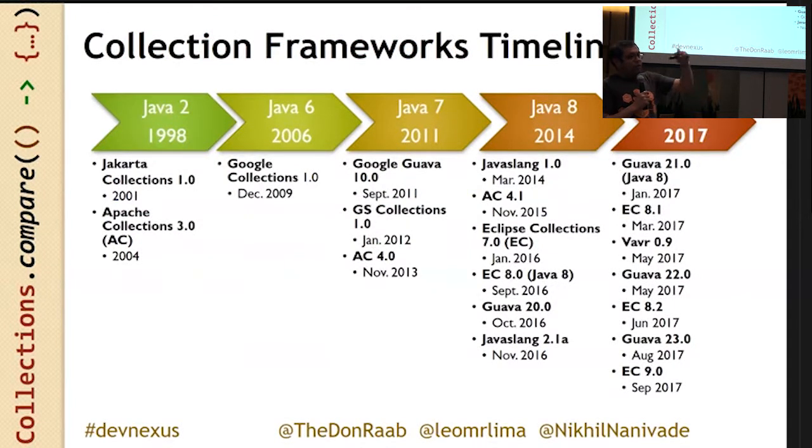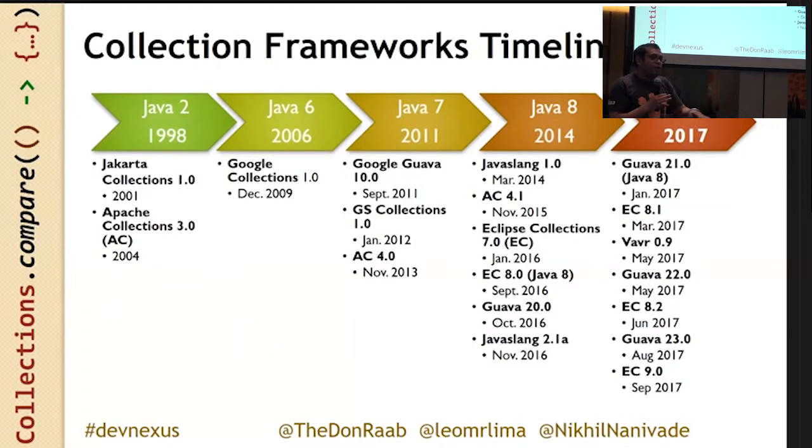So if we were to overlay the whole JDK's timeline on this collections timeline, then you can see in 98, you had Jakarta collections and Apache Commons collections. Java 6 got Google collections. That was the previous name of Guava. And then you had GS collections around 2012, because that time is when Goldman open sourced its internal collection framework for everyone to consume. And then with Java 8, you can see there's a lot more energy going on in the whole external collections